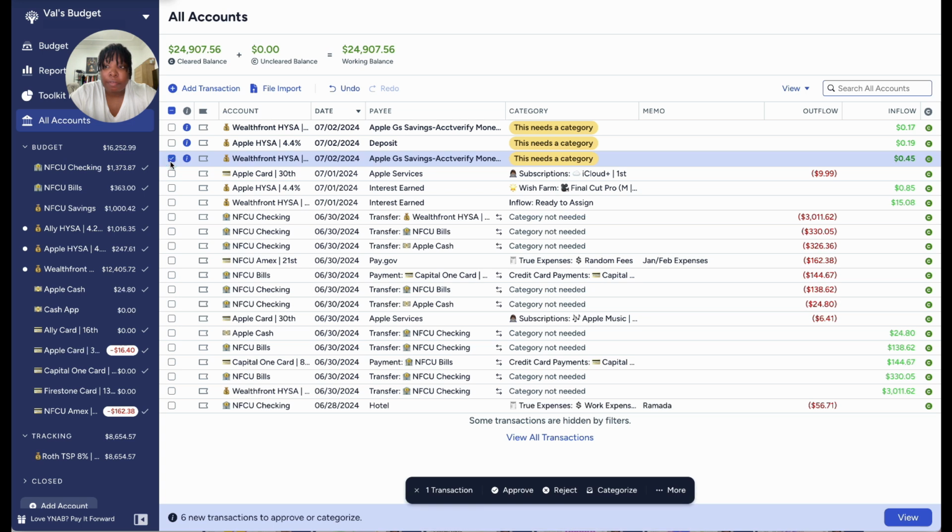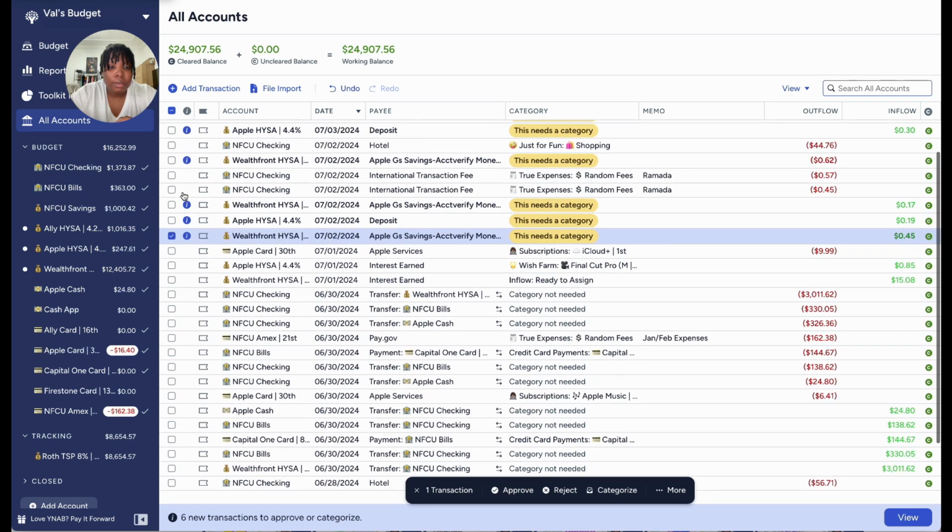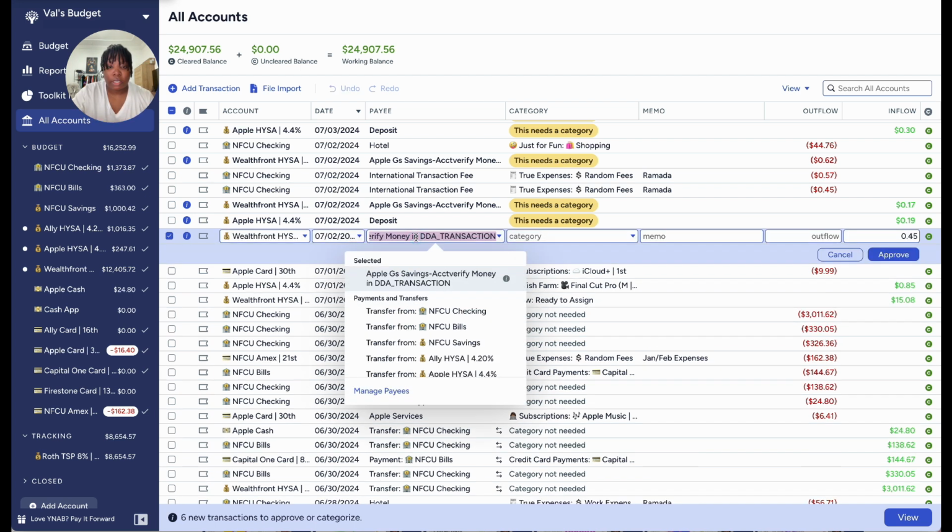And we have, so with my Wealthfront account, I'm connecting it with my Apple savings account. So they did the whole depositing the transaction into Wealthfront just to verify the account. And so then it took the money back. So that's what these two transactions were. So I'm going to put these,